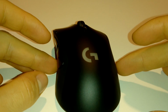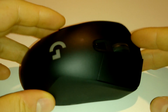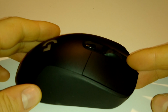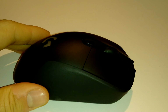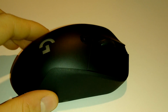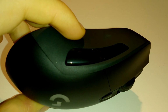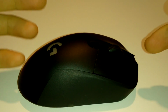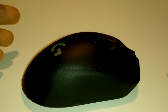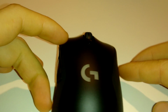But what may not be just my thing is the shape, and what definitely is not personal, it's the same for all of us, is the weight, because I don't know a single good FPS player who would prefer a heavier mouse above 100 grams when he could get a mouse that is 90 grams. So yeah,